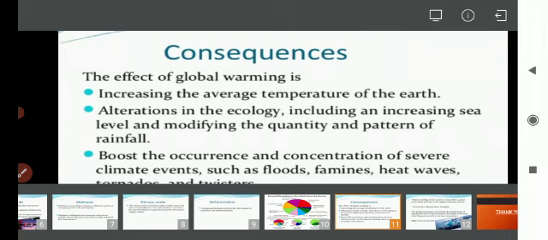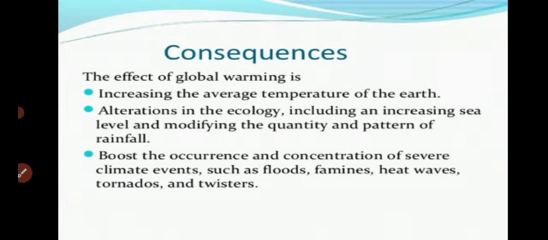Next one, the third point, is the rise in sea level. All the meltwater joins the ocean, due to which there is a rise in the sea level. On average, the sea level is rising all over the world each year by 1.7 millimeters. This rate will increase rapidly in the coming future. The effects of the rise in sea level are very grave. The coastal lowland areas will submerge under ocean water.